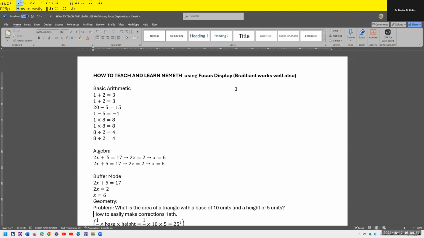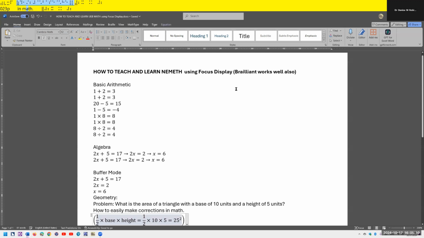I think that's supposed to say in math. Let's see. End blank. And let's go ahead. Period. HTA 1 I. Make corrections in math. How about that? I think that makes a little more sense. How to easily make corrections in math. Let's down arrow. Math content open 1/2 times base times height equals 1/2 times 10 times 5 equals 25 squared